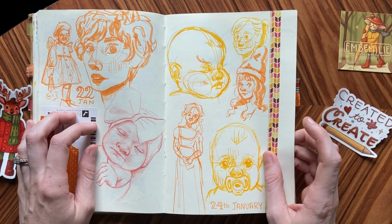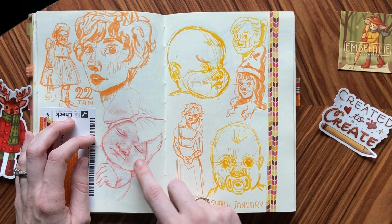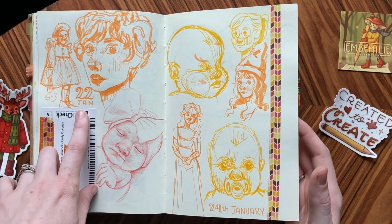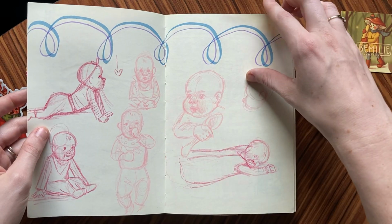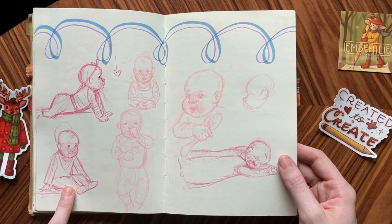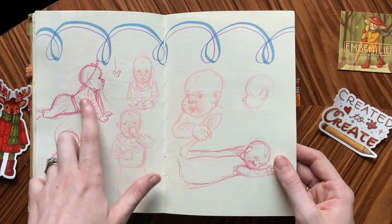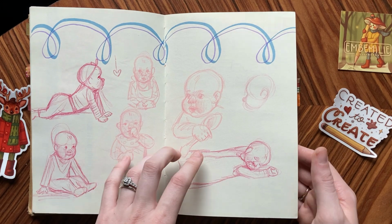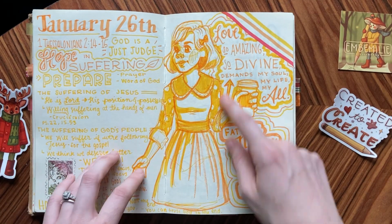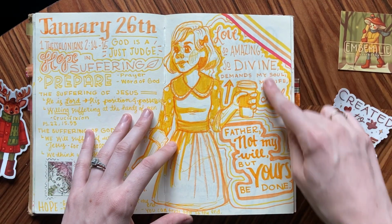And we have some more highlighter sketches and a little colored pencil sketch from when Aylin was a newborn. She wasn't anymore because it was January and I was feeling sad. These are some sketches of what she could do. She could sit up with supports, hold a spoon, hold herself up, which was a long time coming. And then church notes, and then a giant sketch with some